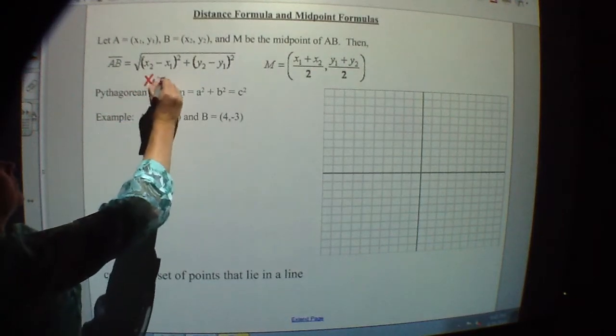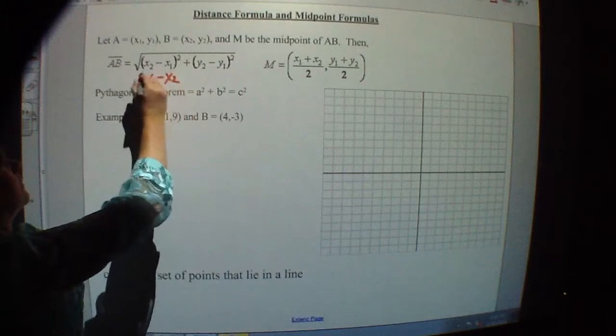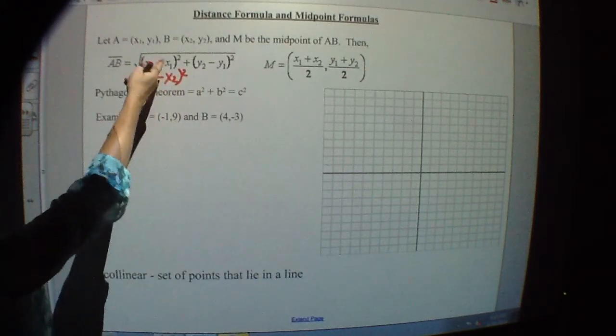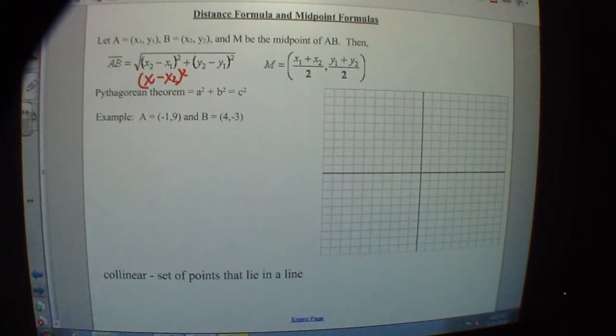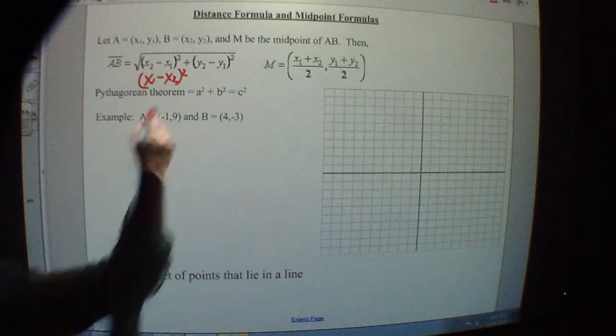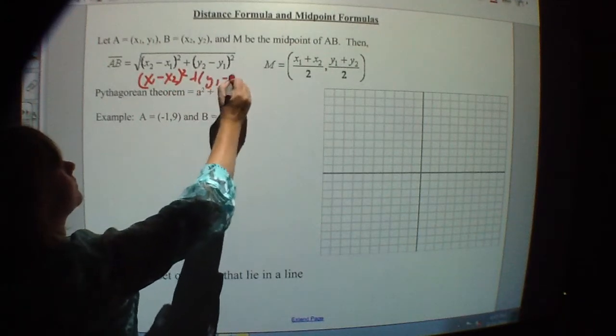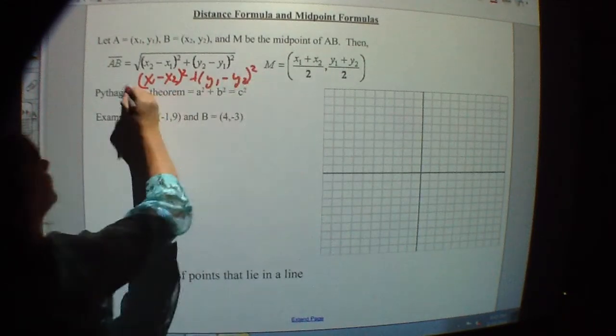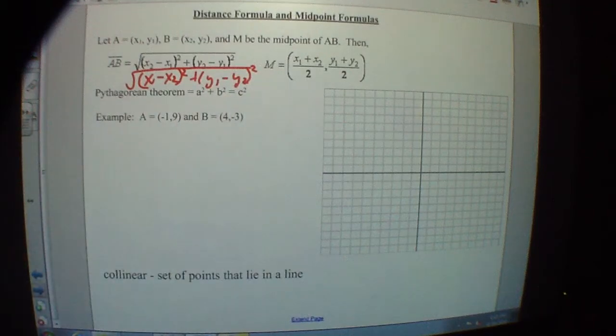Or, if you want, you could do this. You can switch those. It doesn't matter if you do x sub 1 minus x sub 2 or x sub 2 minus x sub 1, because you're squaring it. So you could do that if you want. Same thing. Okay? The midpoint, you take the first coordinate of the midpoint, you take the sum of your x